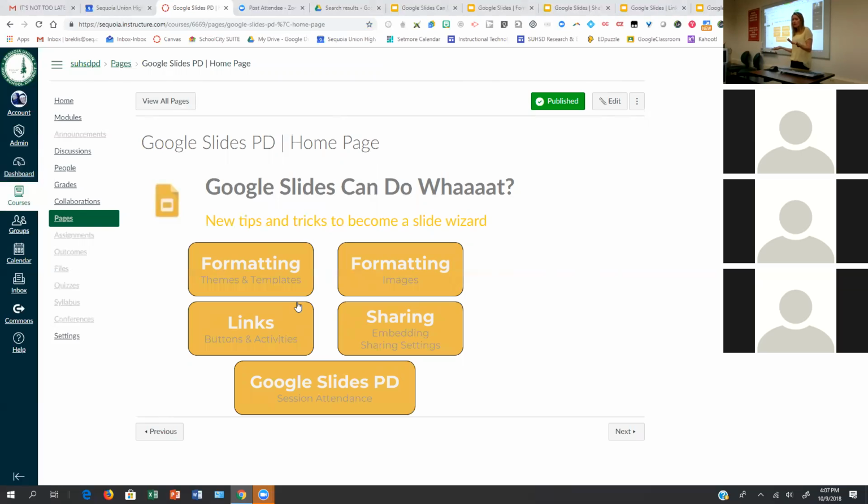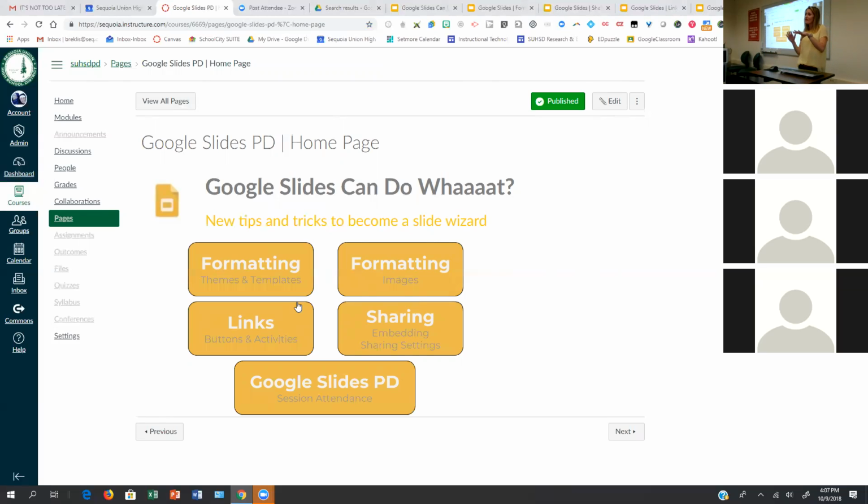Right? It'll just be there. But then also you get to see some of the features that you may not have known existed otherwise in Canvas. So for example, you can make your own buttons and have them linked to different resources within your Canvas course. So you can sort of make a little web page for your students if you want to. And that's what I've done in here. You can link back and forth.